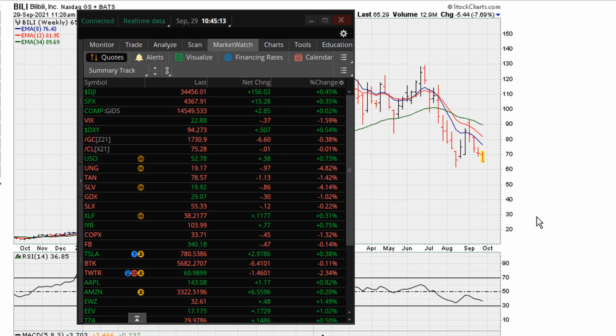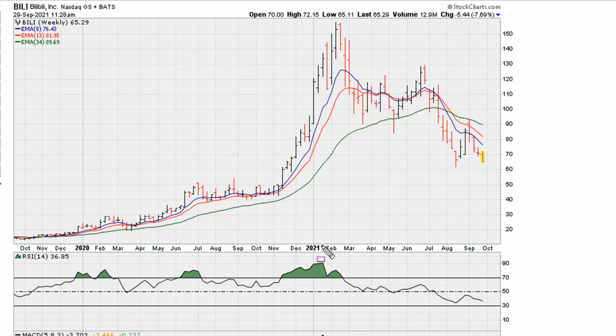Let's take a look at markets here, September 29th, and I'm going to be revisiting the same concept. I was talking about it in a video I did yesterday, where I discussed the chart for wicks. Now, this is the same setup that we are seeing here. A couple of stocks I'm going to mention in this video. The first one here is BILI,